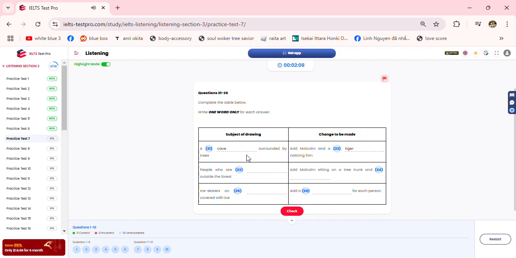Then there's the drawing of the crowd of men and women dancing. They're just outside the forest, and there's a lot going on. That's right. You wanted them to be watching a carnival procession, but I thought it would be too crowded. Do you think it works like this? Yes, I like what you've done. The only thing is, could you add Malcolm to it without changing what's already there? What about having him sitting on the tree trunk on the right of the picture? Yes, that would be fine. And do you want him watching the other people? No, he's been left out of all the fun, so I'd like him to be crying. That'll contrast nicely with the next picture where he's laughing at the clowns in the carnival.